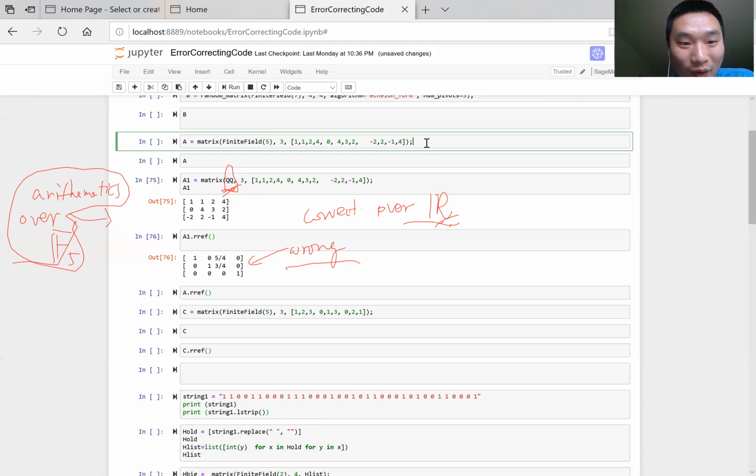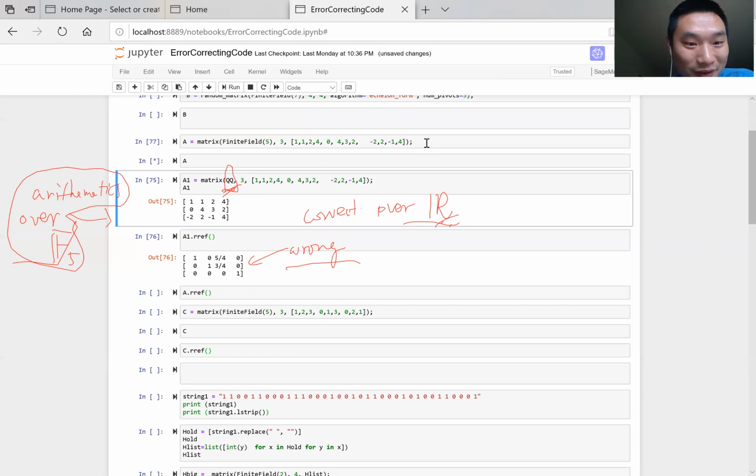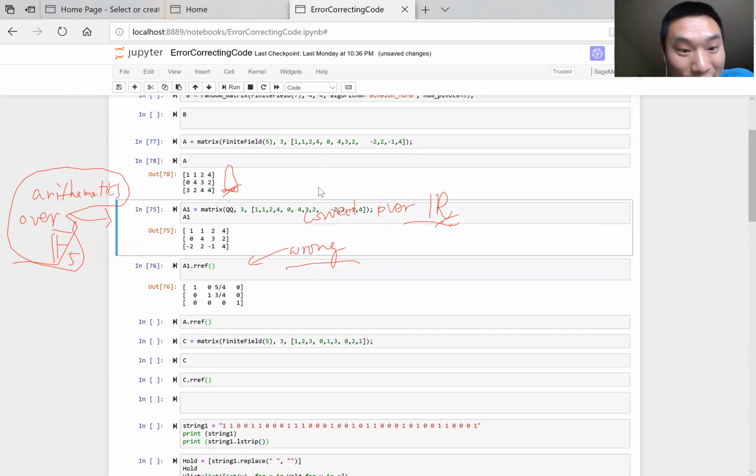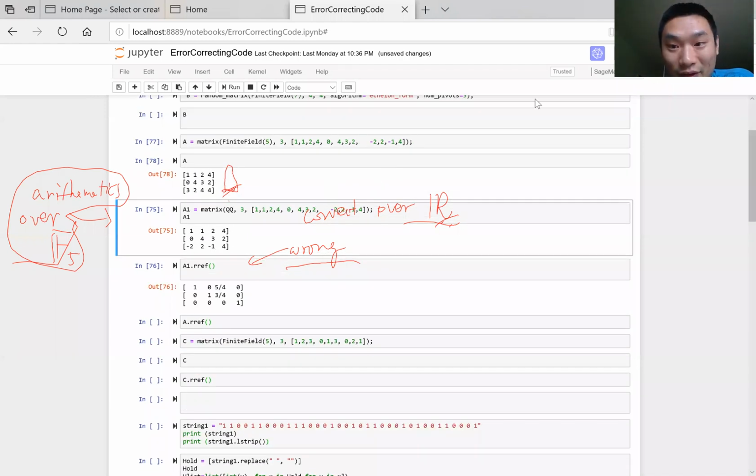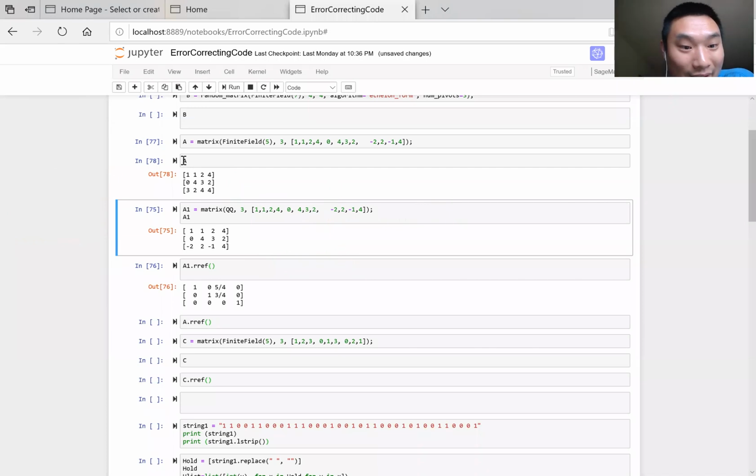Okay, so we are going to input the matrix and then print the matrix. All right, you already see we have some difference here, right? So it is not printing the same matrix as